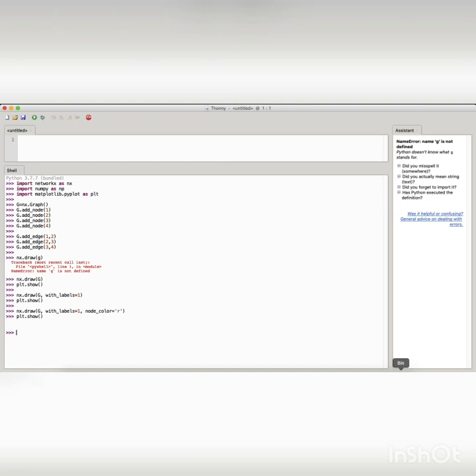Now if you want to check how many edges and nodes you have added in your graph, simply you can call this function.